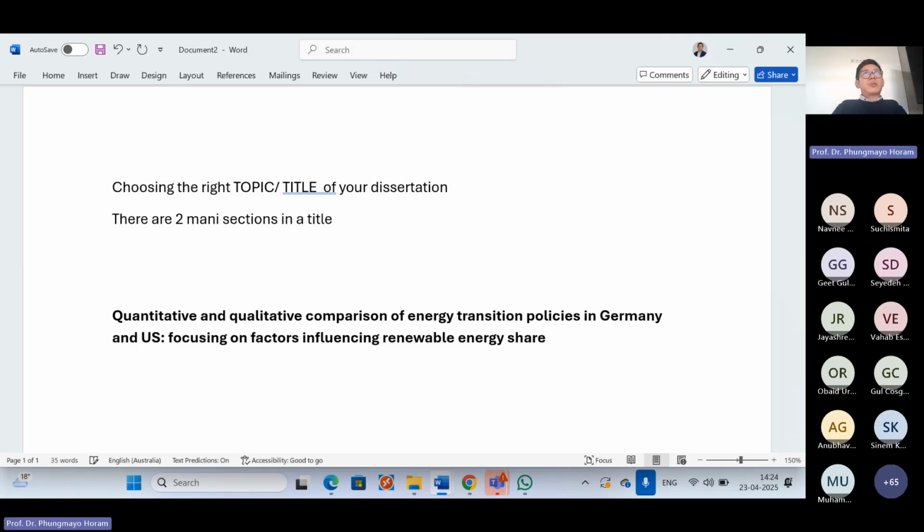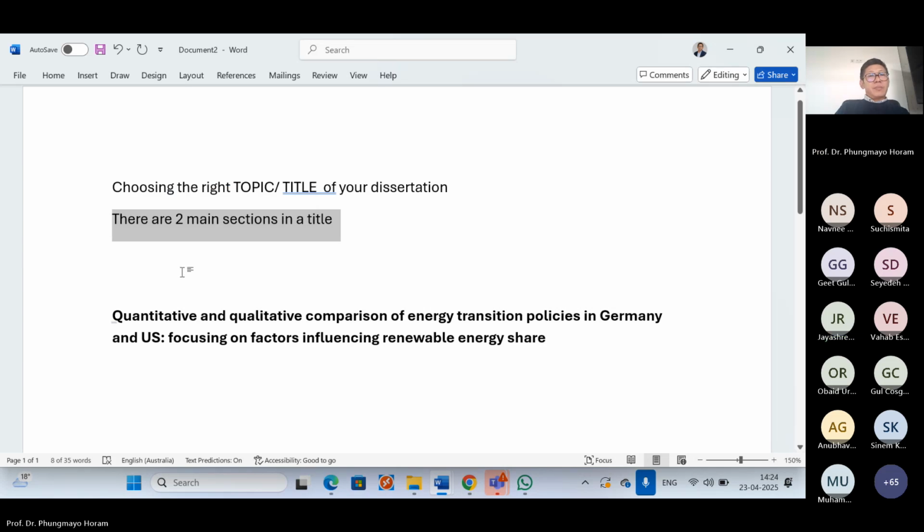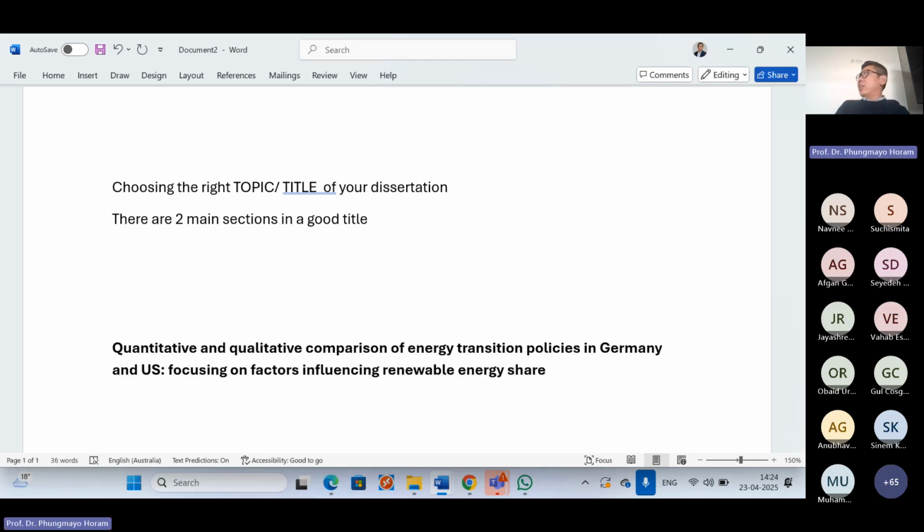Can someone read this line? There are two main sections in the title. Right. There are two main sections in a good title. The first section is